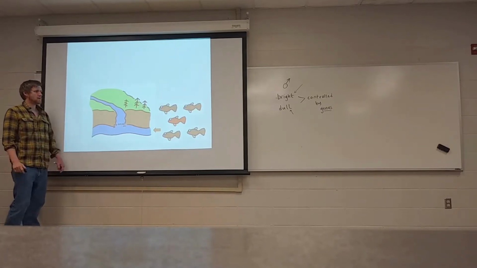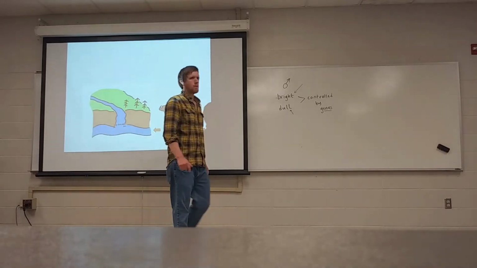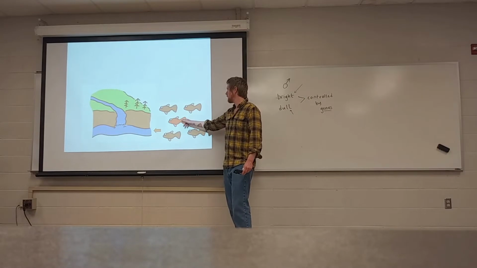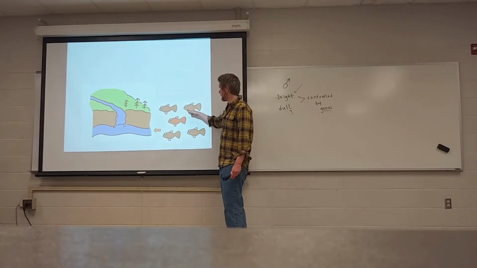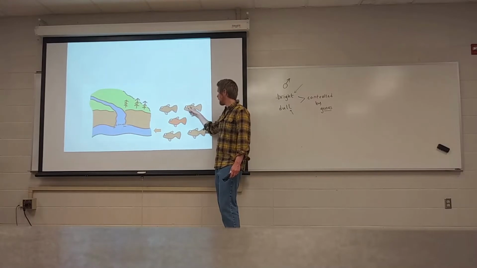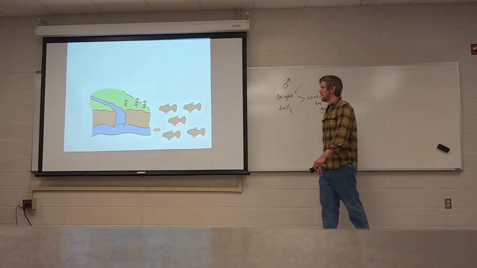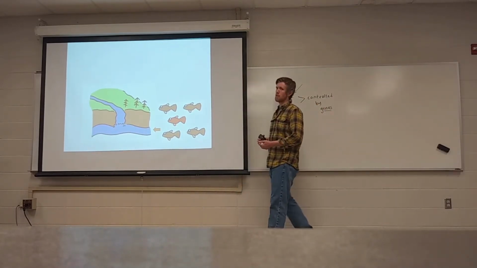The population of guppies initially lived only in the large river. And I've got two different colorations shown. Again, this is not necessarily the way they actually look, but you get the idea. The brownish color represents the male guppies that have duller coloration. The orange represents the guppies that have brighter coloration.